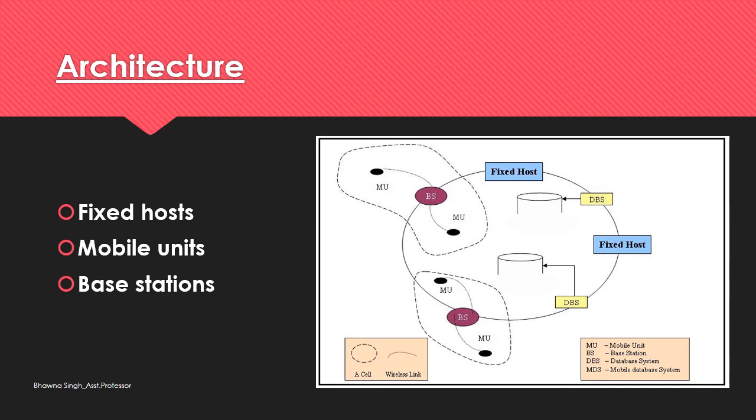Then the next we have the base stations. These base stations are at a fixed location, you can say. For example, there is a corporate database of a particular company, so you can consider them as base stations, and these base stations provide all the communication from the mobile units to the fixed host, and these may be any lower power devices like your mobile phones, like your wireless routers, so any device which is passing the communication from the mobile units to and from the fixed host.